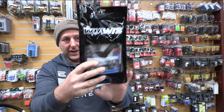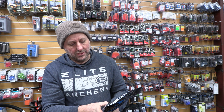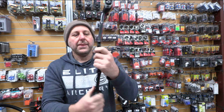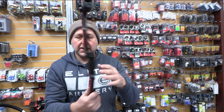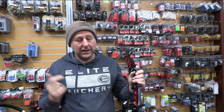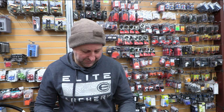So they have a goodies bag, and it's all sealed, and I'm not going to open it. I thought they had different plates here to move this up and down, so you can move the arrow rest up and down a little bit. I don't know if that's a good idea, and I'll explain probably why I don't know